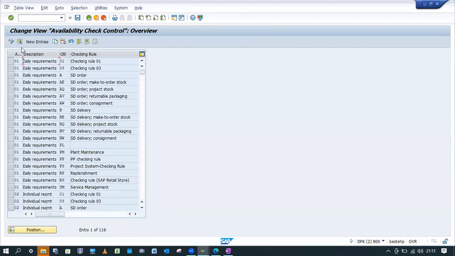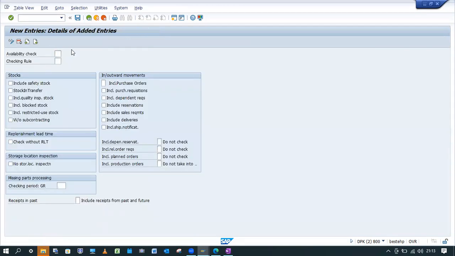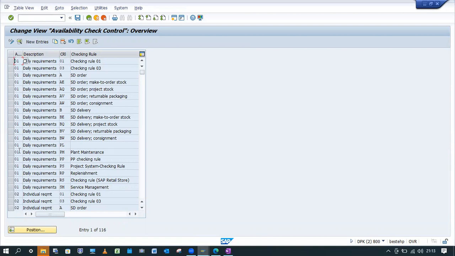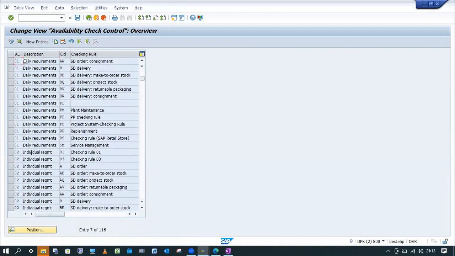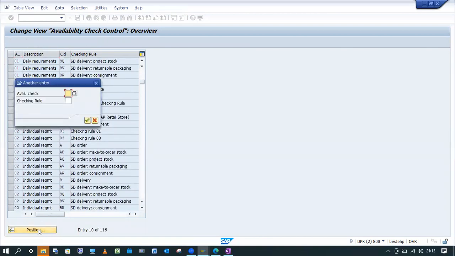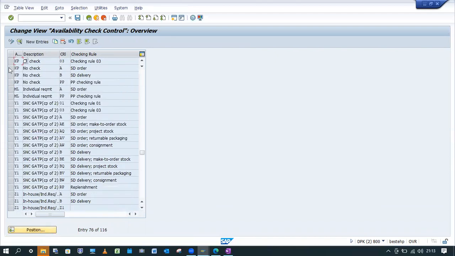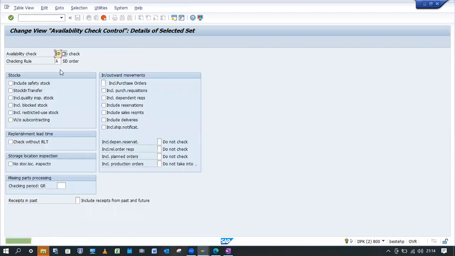Here, let's maintain this. New entries. I'll copy the existing one. Position. Let's copy KP availability check that we have. I'll select this KP with sales order. I'll copy this. I'll mark this as YP and checking rule A. This is parameters. This parameters will be called as